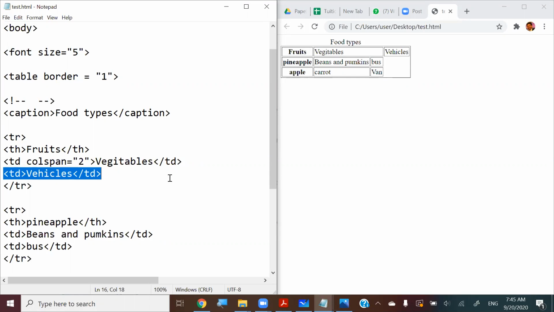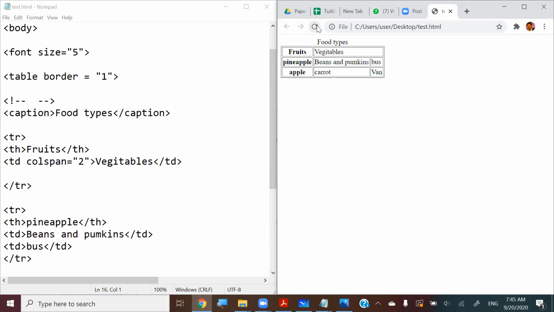The mess I made is that I have kept this vehicle table data, so it looks like it jumped outside. So what I'm going to do is get rid of that, right? So when I save it like this, it's going to be in the form of the table, right? So now you can see the colspan has happened. It's starting from the second cell and spreading over the next cell. So others are on the very same level as it has 3 TDs in the other rows, right? Okay, so that is what you call the